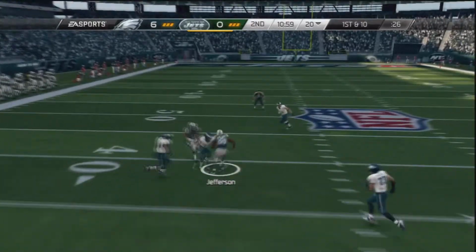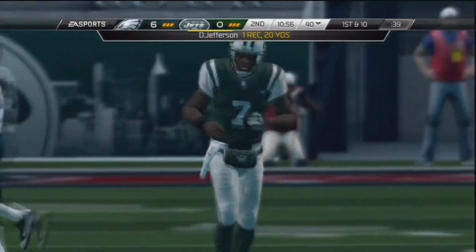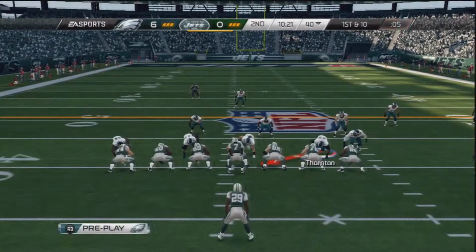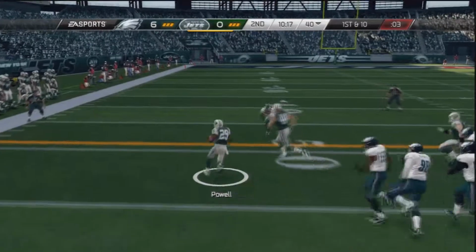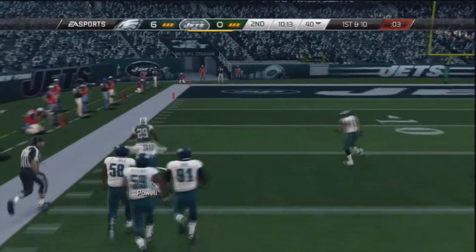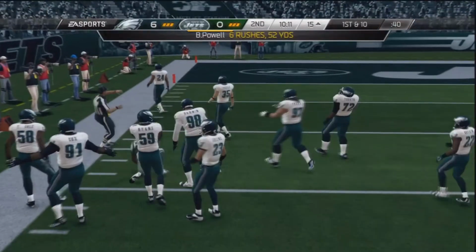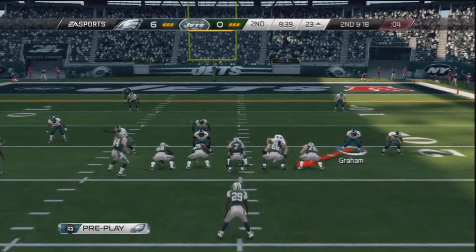take it from them, as Smith fires and finds Jefferson on the very good gain, 20-yard gain there, and that's Jefferson's first catch on the day. Smith on the next play, 1st and 10. Handoff Powell. Powell to the outside. Powell's got some very good blocks, and Powell down the sideline inside the 20 and is finally brought down at the 15-yard line. We had been able to contain him most of the day, but that run right there set